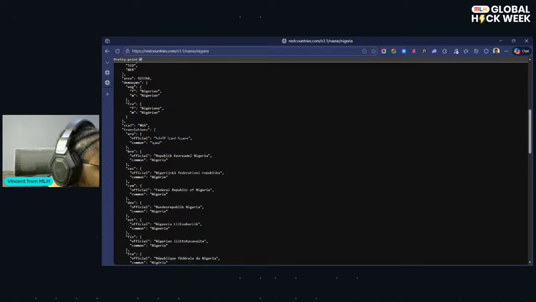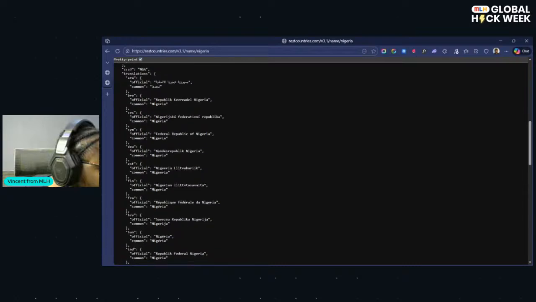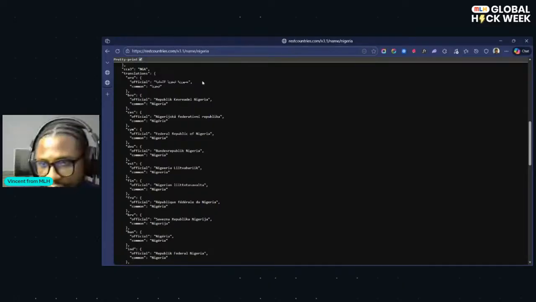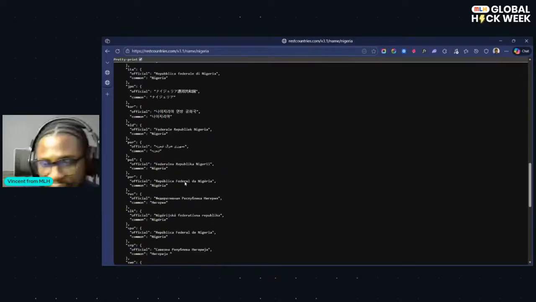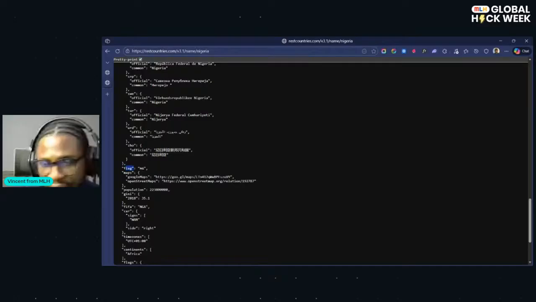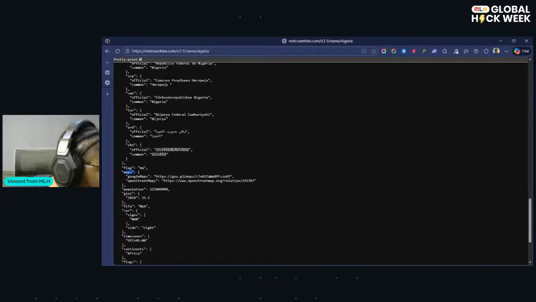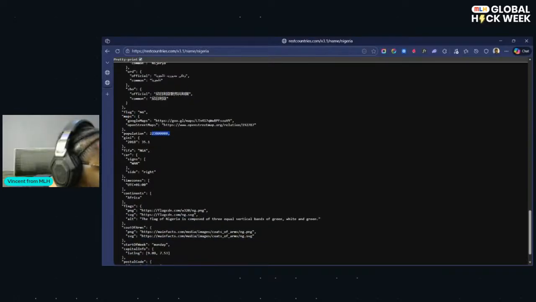Okay. I'm looking for something fun about the country. REST Countries. I think it just gives me official details about the country, literally. It gives me the flag, where you can see it on Google Maps, OpenStreetMap, the population. Just info about the country.